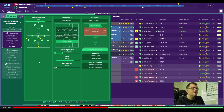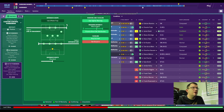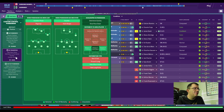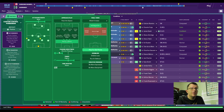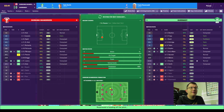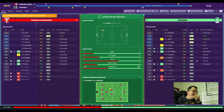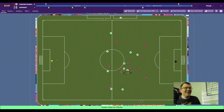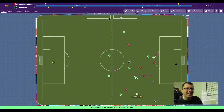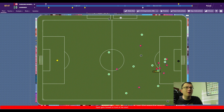Working ball into the box, yeah, it's fine. High lines, tighter marking, staying on feet, everything, nothing else needs to change. I'm finding if you don't change stuff, then things don't get confused, and they know very much what they need to do now. Oh, you absolute! How crazy is that? Kieran gets a knock straight away, but is he gonna knock it in? Kyle, oh,